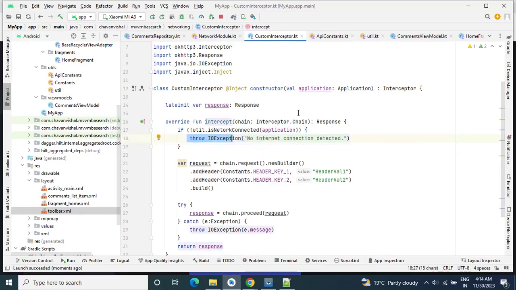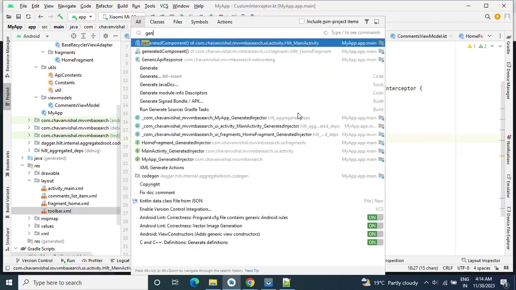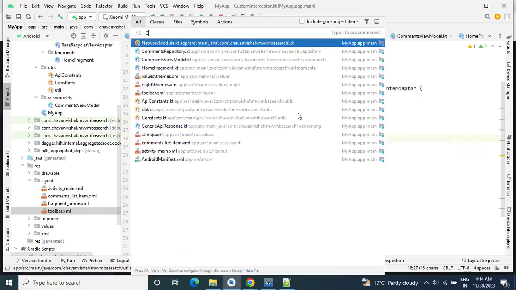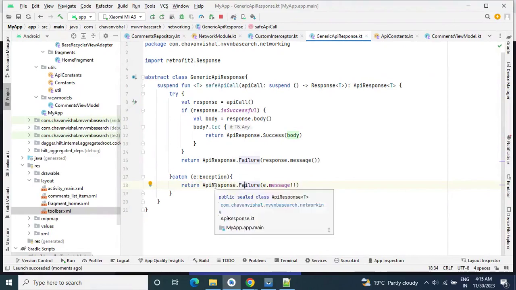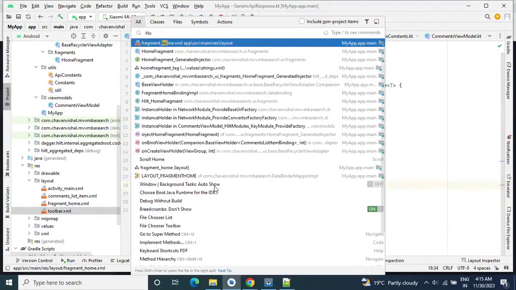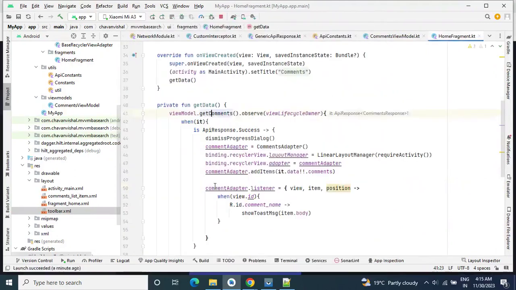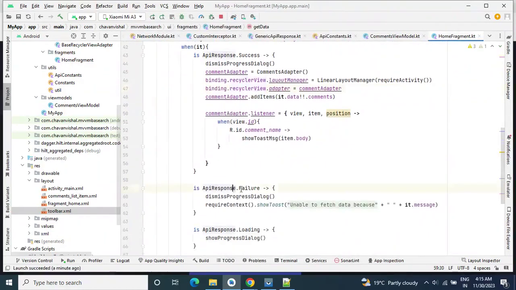As we are throwing this exception, in the generic API response class this line will get executed, means we are throwing the exception from there. Then in the catch block, we are calling this API response failure method. And we are returning from here to repository, then from repository to view model, and from view model to fragment. So here in our home fragment, this failure flow will get executed.